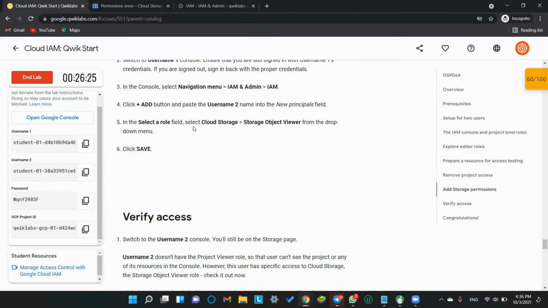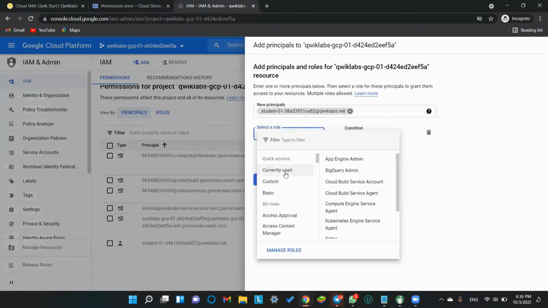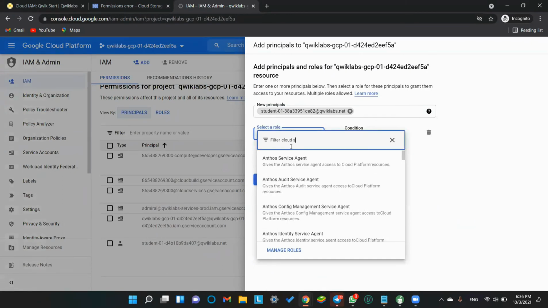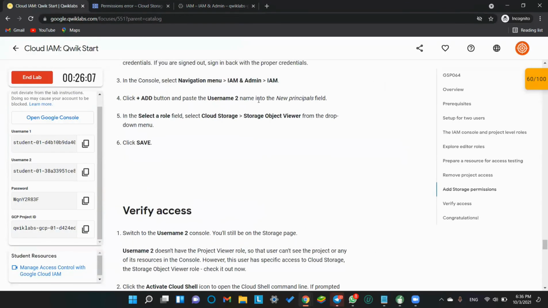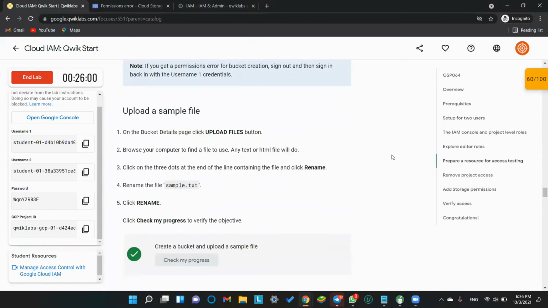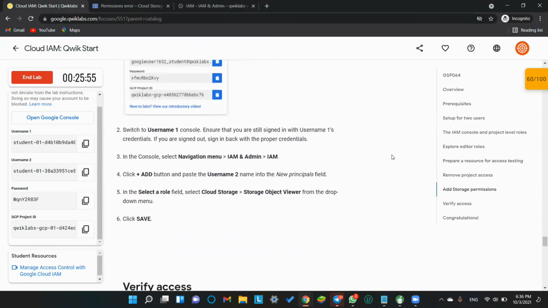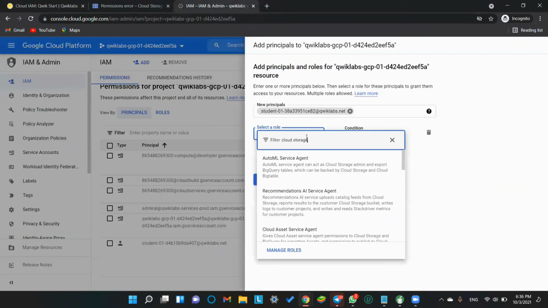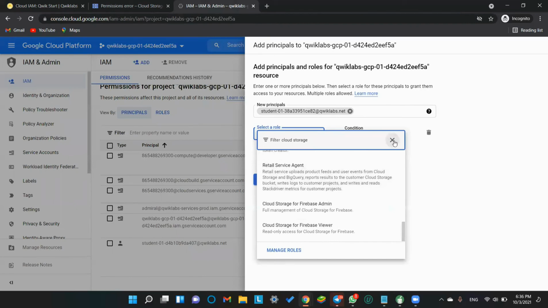Then select a role, Cloud Storage object viewer. Just scroll down. Where will it be? Not getting Cloud Storage. Let's keep searching.